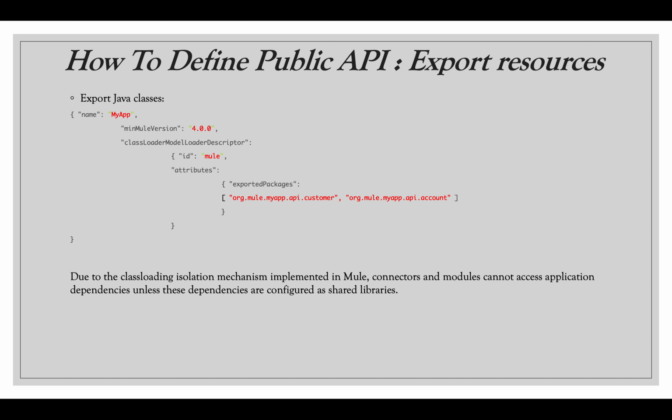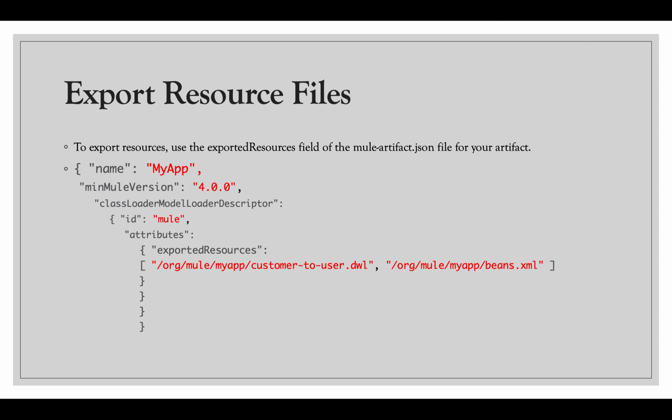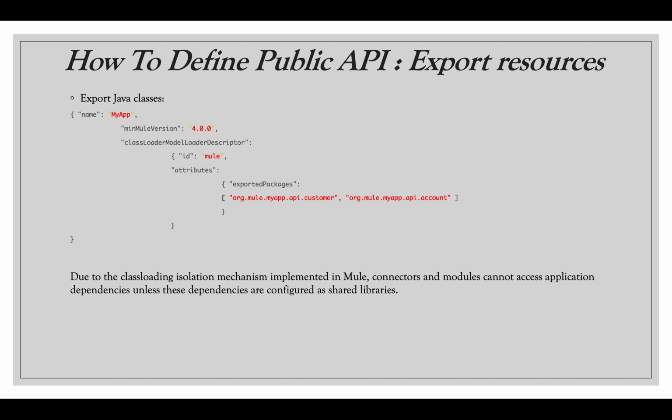Let's suppose we have a particular piece of code in which we are calling a Java class. Basically, you can consider the invoke static method of Java. In that case, if you want to make sure the same Java class is available for any other project as well, there is a file which gets created, mule-artifact.json,